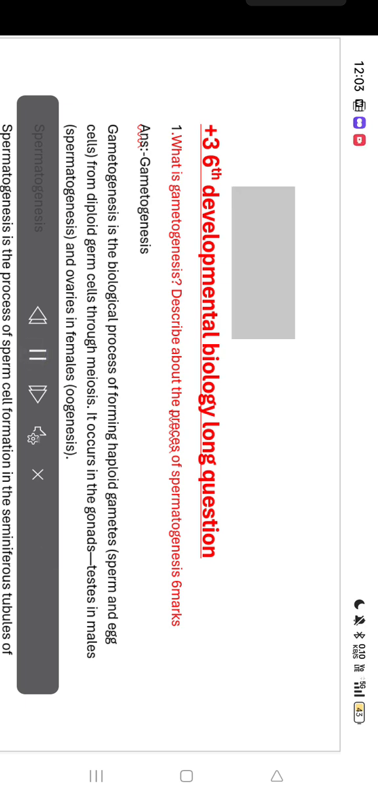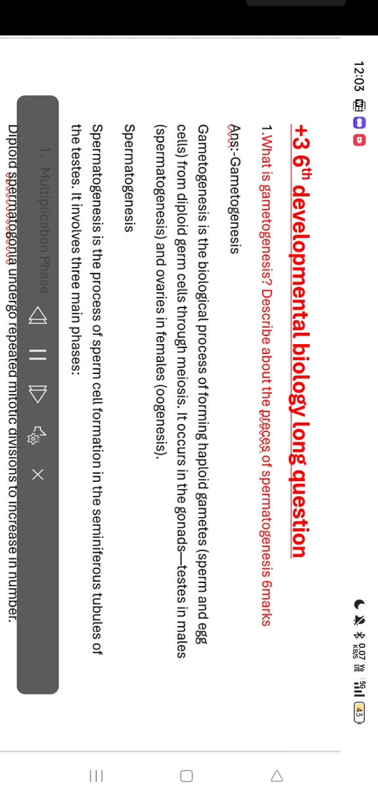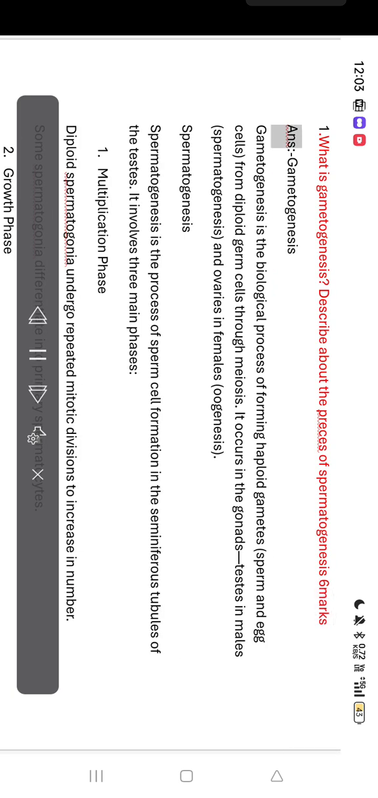6th Developmental Biology Long Question. 1. What is gametogenesis? Describe the process of spermatogenesis. 6 marks. Answer. Gametogenesis. Gametogenesis is the biological process of forming haploid gametes, sperm and egg cells, from diploid germ